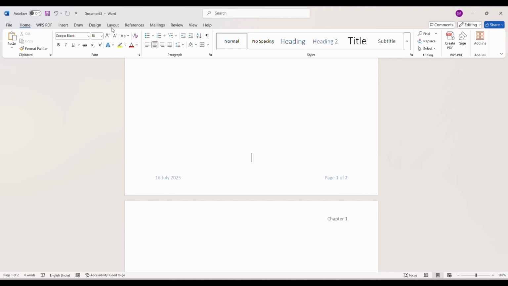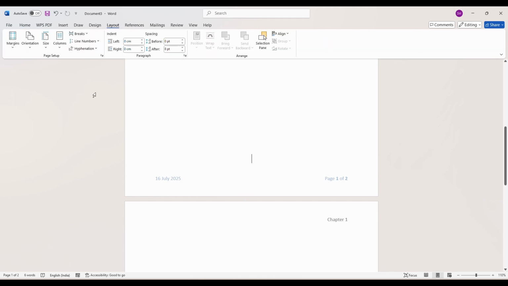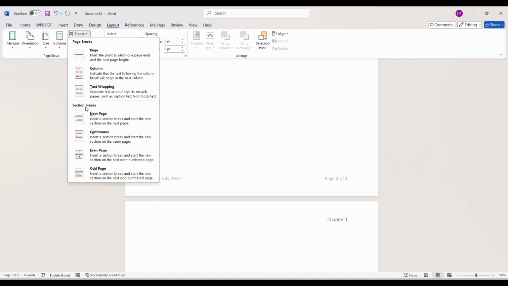For this, you will have to go into the layout tab of Microsoft Word, and over here you'll see an option which says breaks. If we click on the drop down over here, you will see an option called section breaks, and over here I'm going to choose next page. What this means is that when I insert a section break over here, wherever my cursor has been placed is going to be considered as the end of that section, and it is going to create a break over there to say that this section ends over here, and everything that comes after the cursor will fall into section 2,